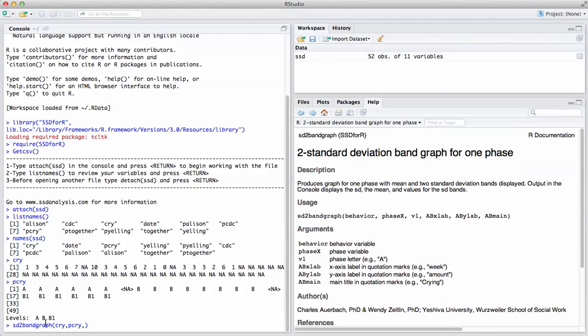You could also, by the way, if you want to get a better understanding of how data is entered into SSDforR, look at our video on entering data using Excel. Now, notice that the arguments are separated by commas, and now I'm going to put in the V1, which represents the phase letter, and we're doing the baseline A, and now I'm going to define the X labels, which are days, and the Y label, which is amount,